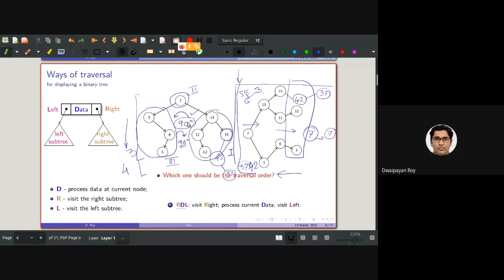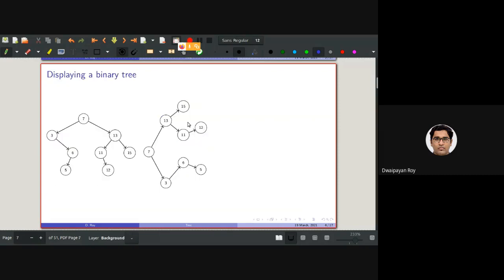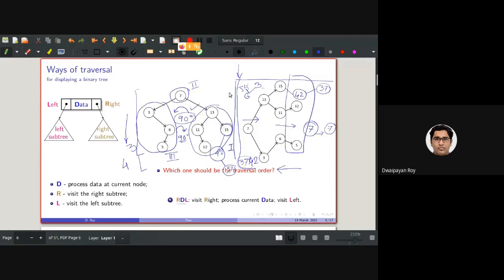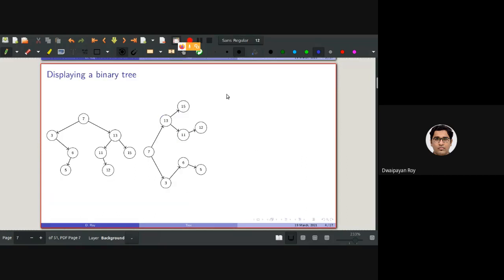All right. So as I have said, this is another variant of the in-order traversal. Say the in-order traversal looked like this: void in, and we need to pass the address of the root.